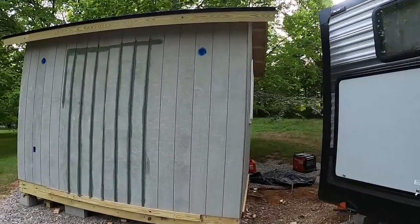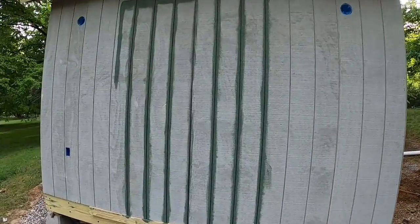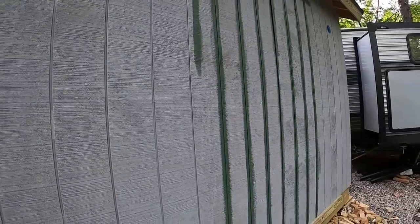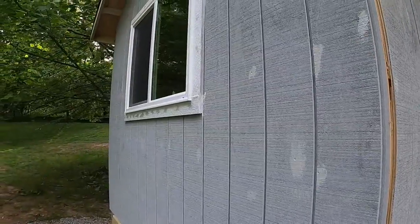But I painted the grooves where the door's gonna be. So that looks really dark. I don't know what that's gonna look like on the computer, but that's the green we're gonna have for the doors. I got the windows in